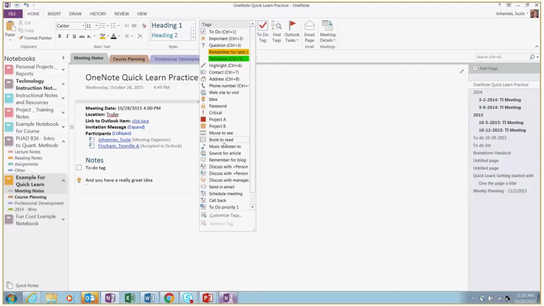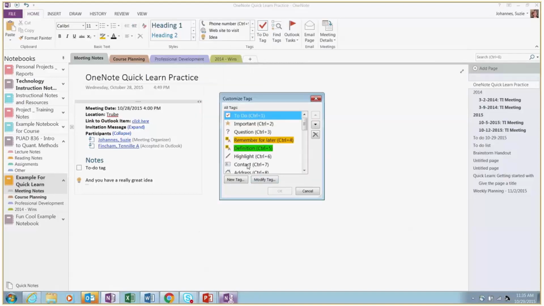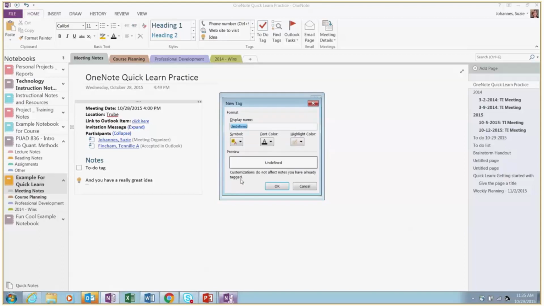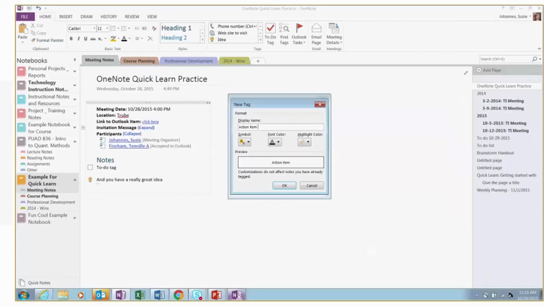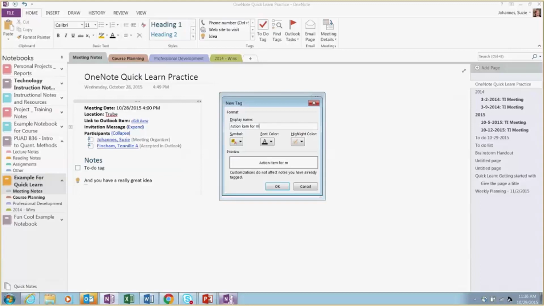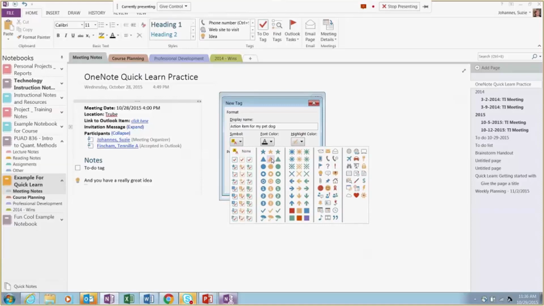All those things that you want to come back to and find, you can tag them here, and you can create custom tags. So if you want, you can kind of identify something, make it a new tag. So something that's like action item for my pet dog. Just make it, assign it whatever you want it to look like. Click OK, click OK.